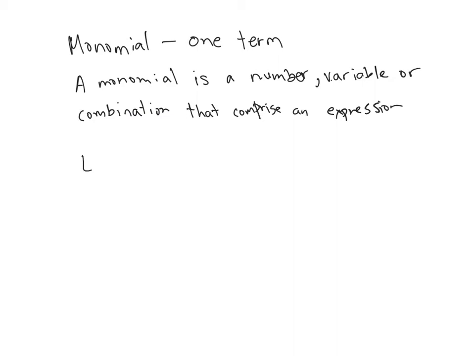So some examples of monomials would be 3, or 5x, or -9y, or 1/2 x squared y to the third,